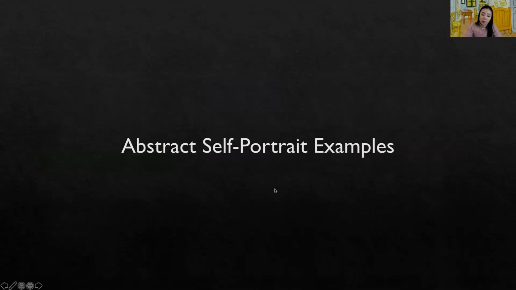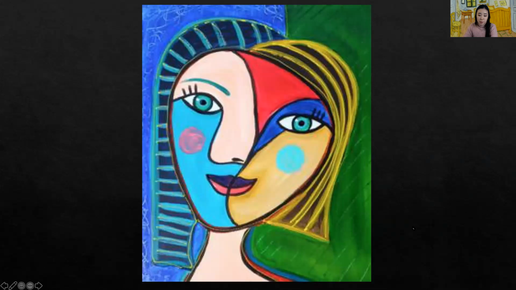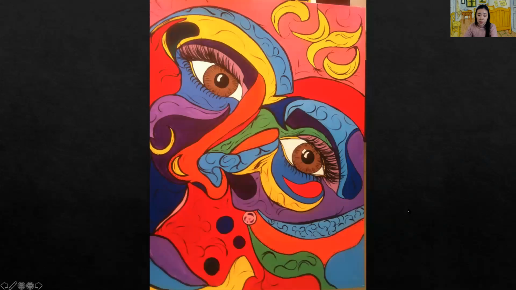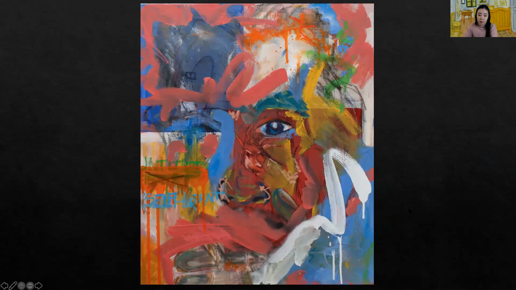Representational self-portrait styles are so popular, and you can just take a picture of yourself instead of drawing yourself for the representational self-portrait. So I will show you just abstract self-portrait examples. So this is Cubism style self-portrait. And another Cubism style, also Cubism style, Expressionism style, and Expressionism style,